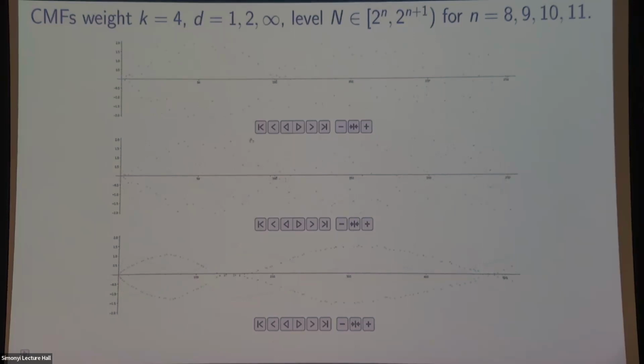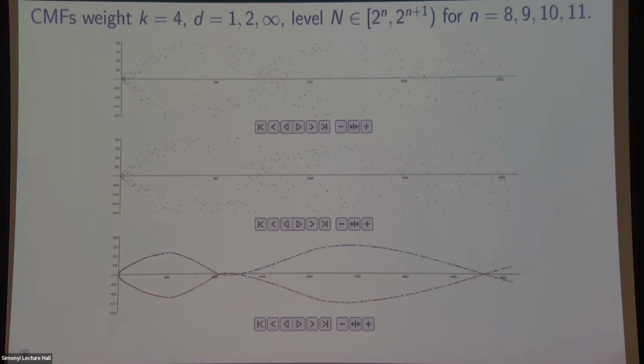Let's try weight 4. Here I'm dividing a_p by p in each case, because the motivic weight w is 3, and 3 minus 1 over 2 is 1, so I'm dividing by p to the 1. And you can see, again, murmurations. It's hard to get data here because as the weight goes up, the complexity of getting the data grows with the square of the weight and also with the level. It's really more natural to think of the analytic conductor, which is proportional to k squared times N. So when k gets big, it gets harder.